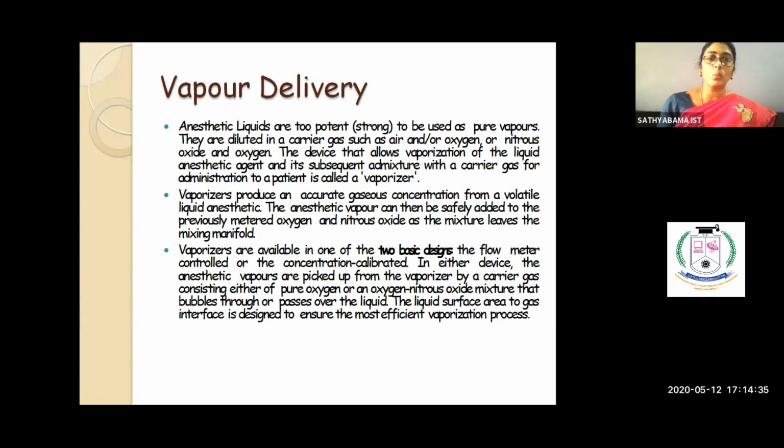So next is your vapor delivery, right? As we have already said, I'm going to send in the oxygen, and the nitrous oxide comes inside through the gas system, and it is now proportioned or mixed. So that 70% nitrous oxide and 30% oxygen has been mixed. Now what is the next thing I have to mix into it? I'll have to mix in my anesthetic agent.